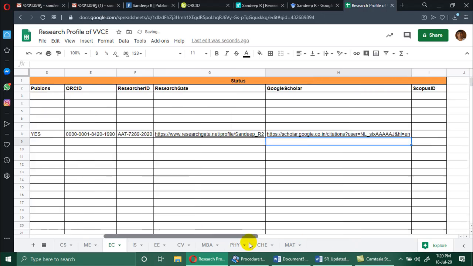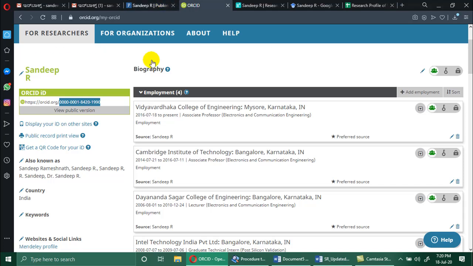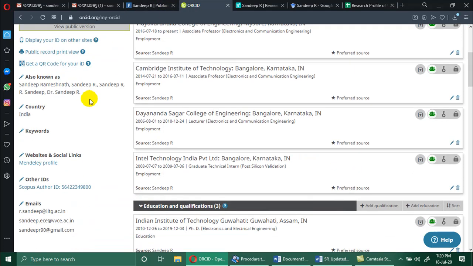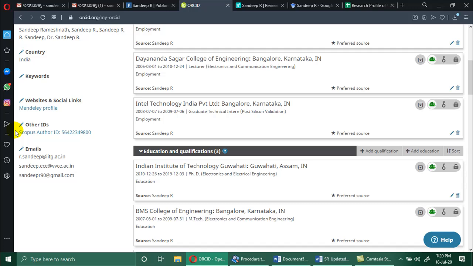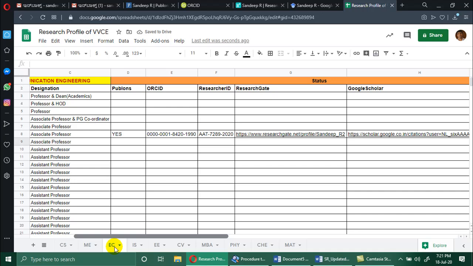And finally I have to enter the Scopus ID. Let me go back to the ORCID web page, and if you go down, you can see the other IDs. This is the Scopus author ID that is being generated for my account. So Control C, and then come to the spreadsheet and paste it in the formula box. So this is how you collect the data and then save it in the spreadsheet link provided to you,